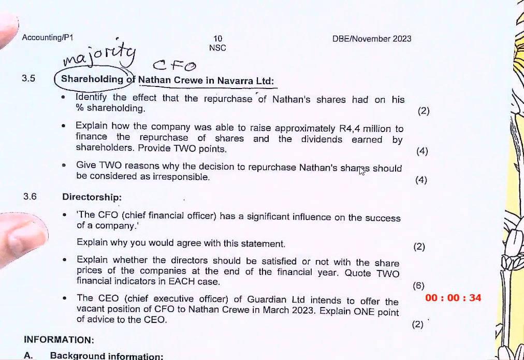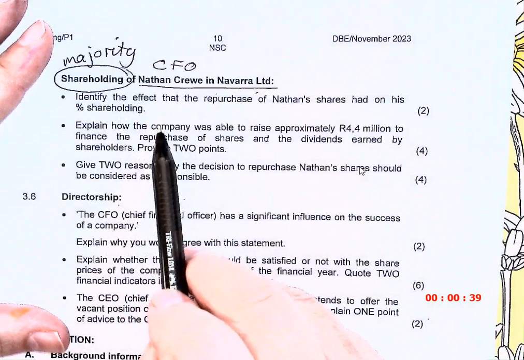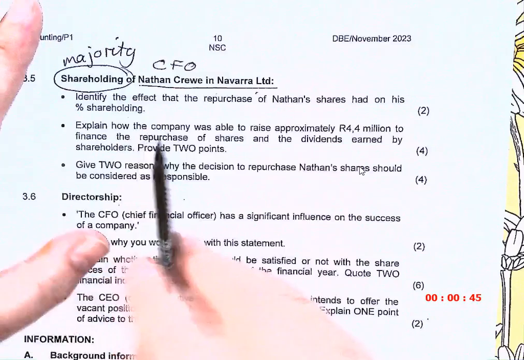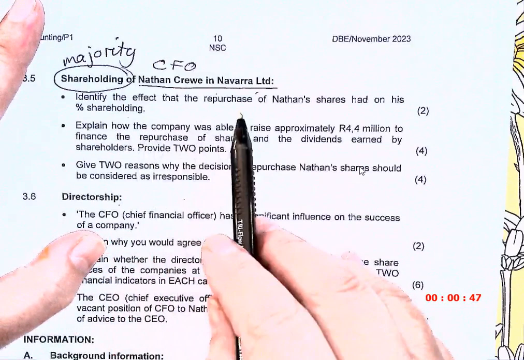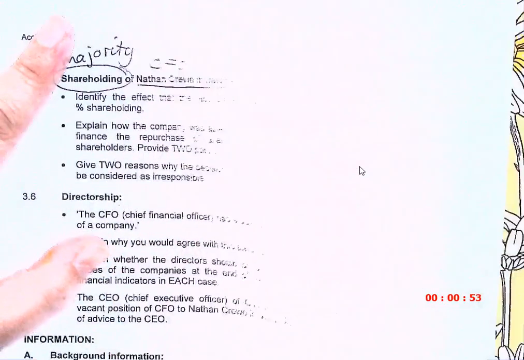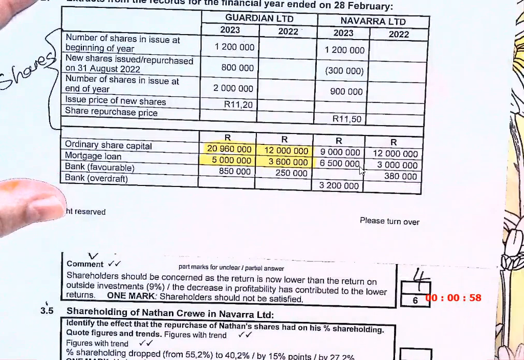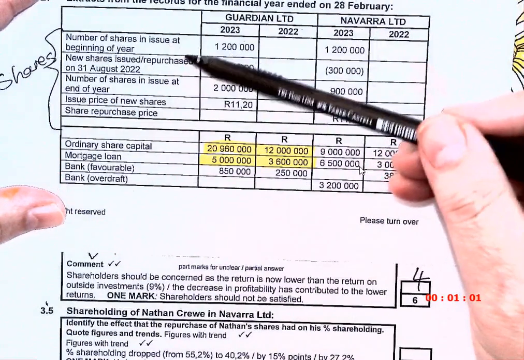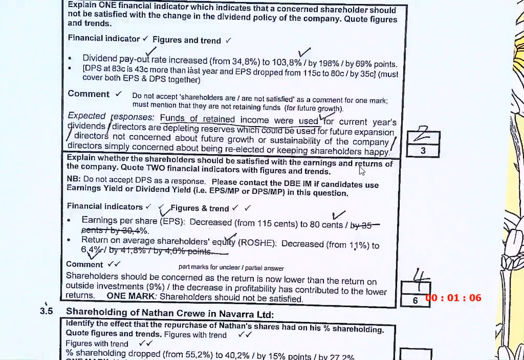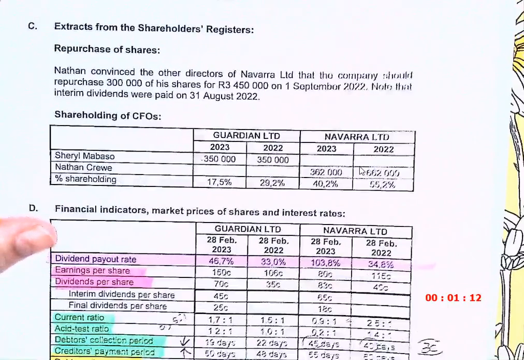Okay, so they say, identify the effect that the repurchase of Nathan's shares had on his percentage shareholding. Now let's go look at Nathan. So, do they say anything about Nathan here? Yeah. Where? Do they say anything about Nathan here? Yes. And can you see here they talk about